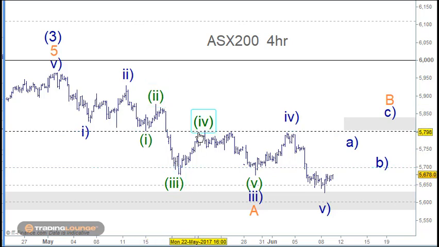Now the wave 4 that came up to here was an A and a B and a C, and it moved a little bit higher than the 38.2% retracement level, but I can kind of live with that because I know that markets retest the demand and the supply and so on. In this case, it was dancing around the 5800 here, which is obviously the support from before. So it's kind of okay. This move down here counts nicely as 5 waves. This move up here counts nicely as a 3-wave structure for this wave 4 here.